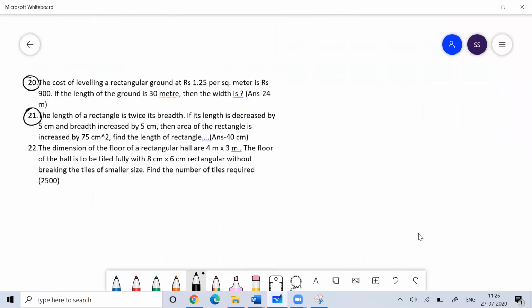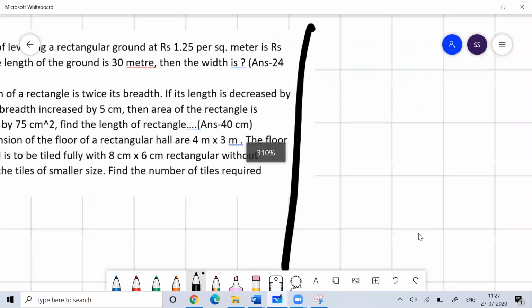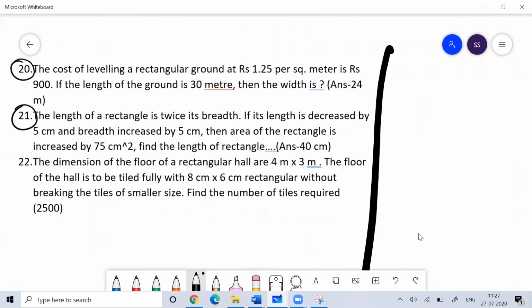So these are easy questions. I hope you understand. We don't have to do these questions slowly because we know they are easy. We need to learn to do it fast. Doing slowly will not serve the objective.